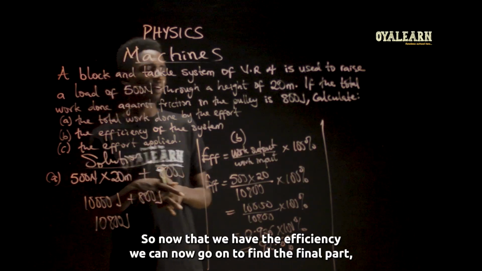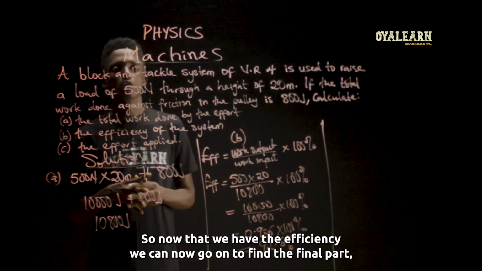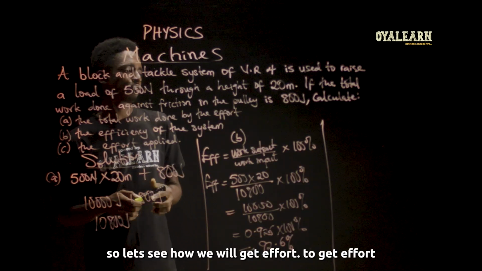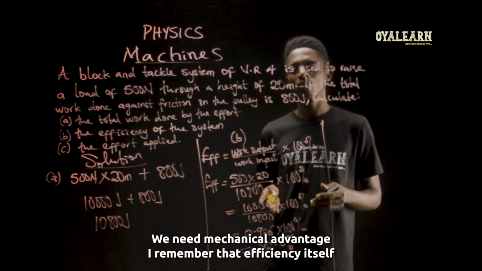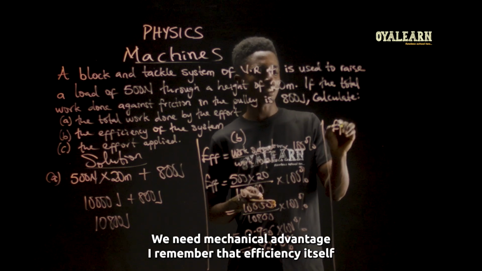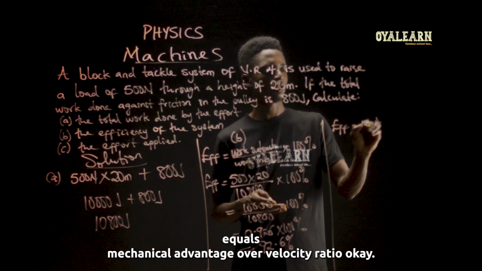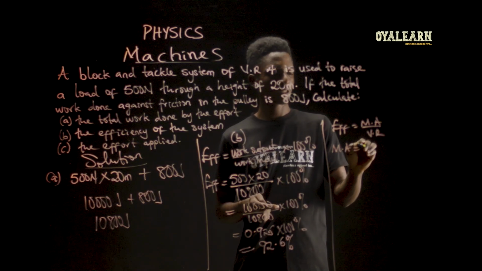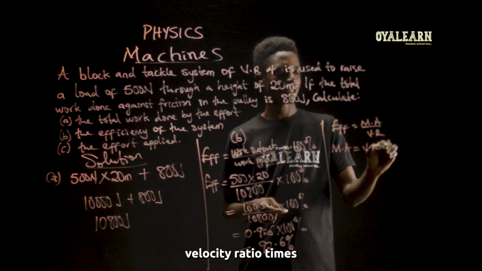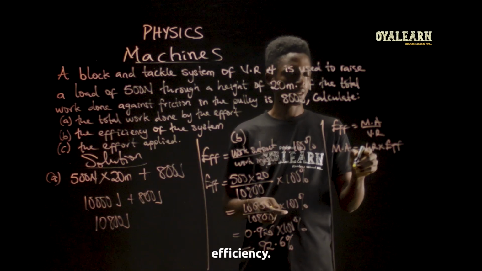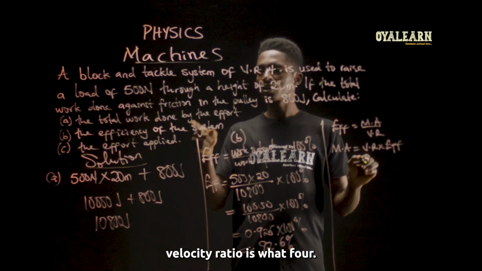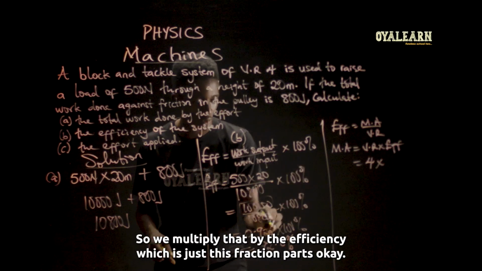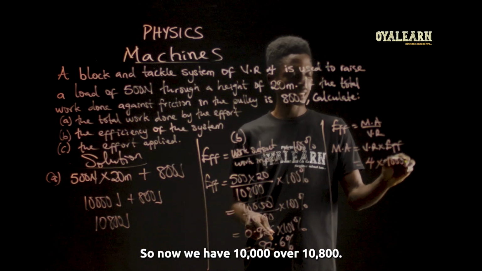Okay, so now that we have the efficiency, we can now go on to find the final part, which is the effort applied. So let's see how we get effort. To get effort, we need mechanical advantage. And remember that efficiency itself equals mechanical advantage over velocity ratio. So mechanical advantage therefore becomes velocity ratio times efficiency. Now, what's the velocity ratio? Velocity ratio is 4. So we multiply that by the efficiency, which is just this fraction part. Okay? So now we have 10,000 over